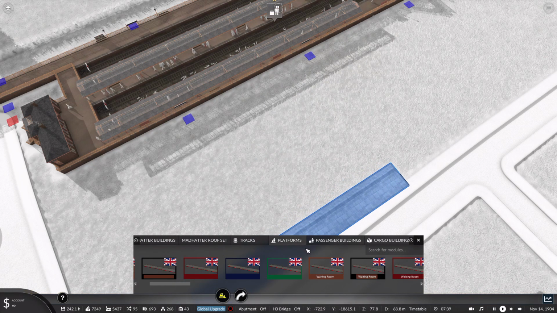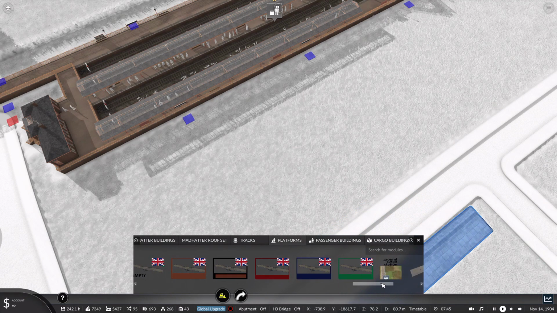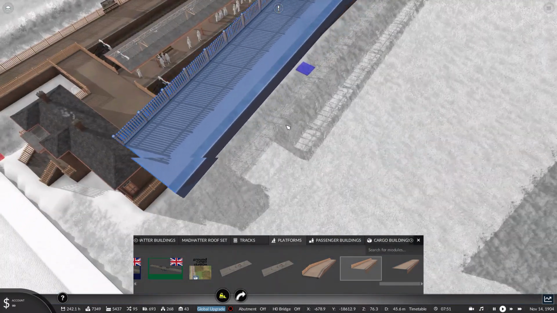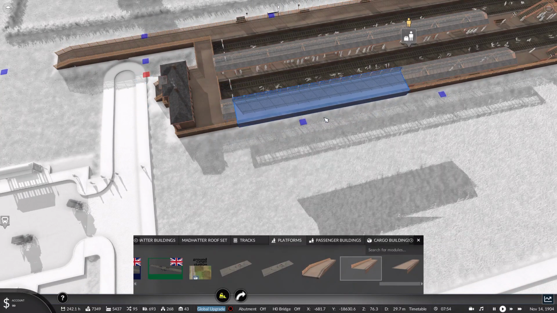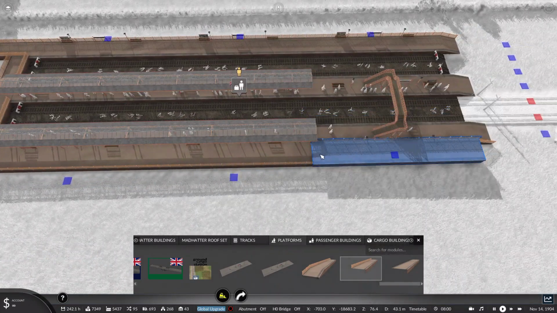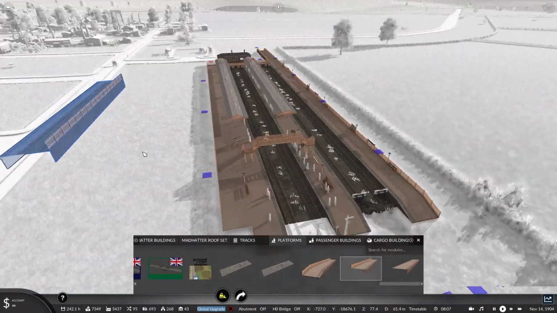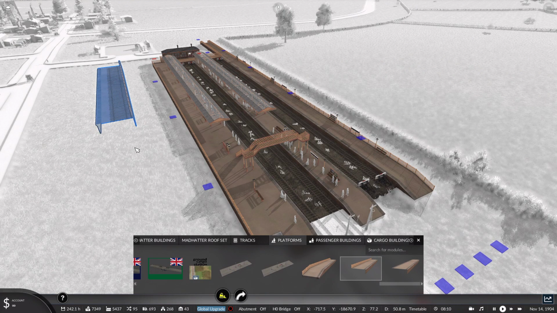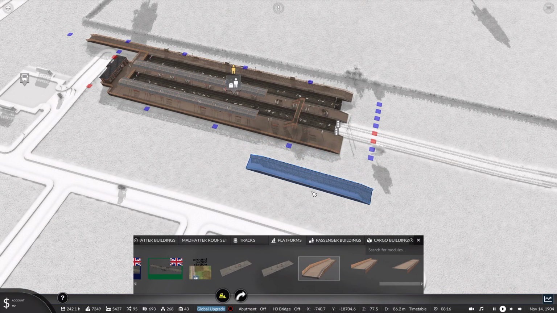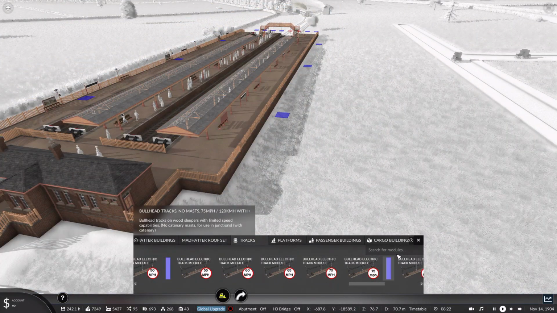Give me another platform. Great Western platform, please. Where are you? There you are. Oh no, we have a platform. Do I want to increase the size of this platform? Potentially. So make that double the size. Is that something I want to do here? Possibly, because this may be necessary. And then...